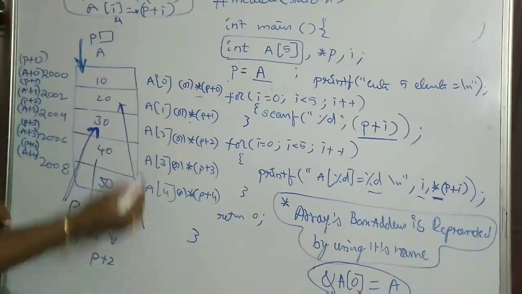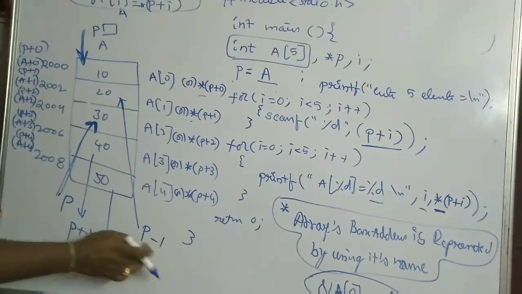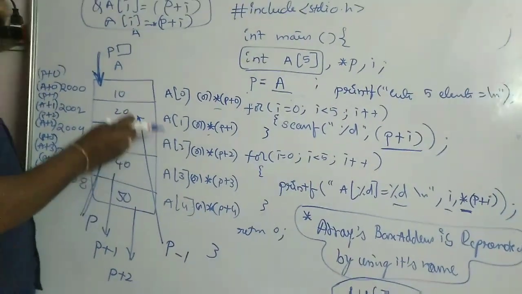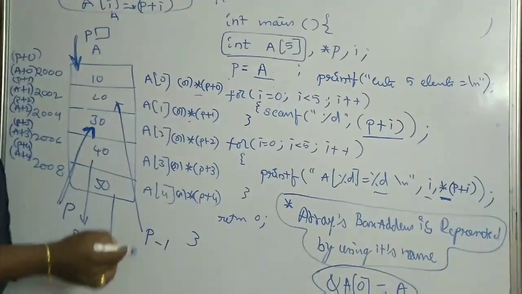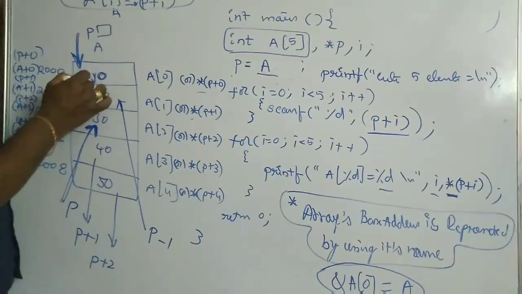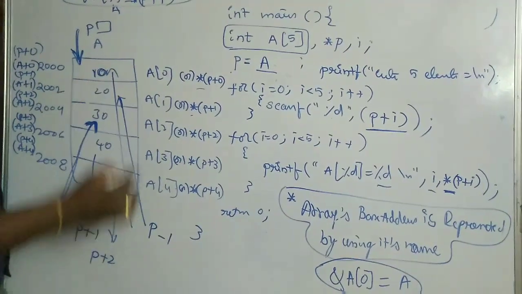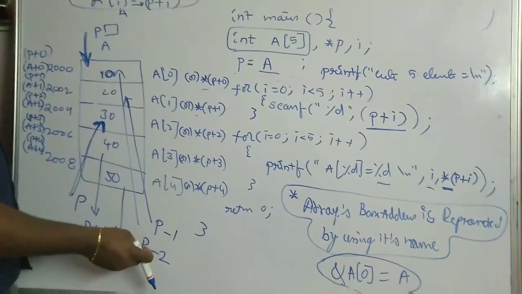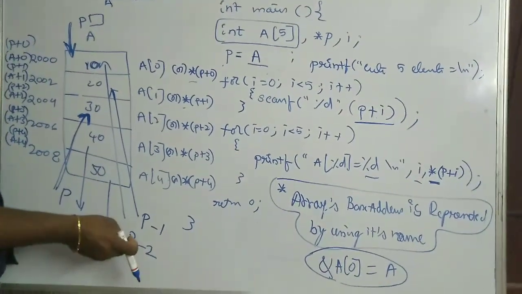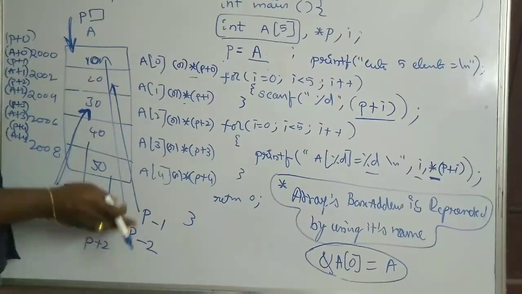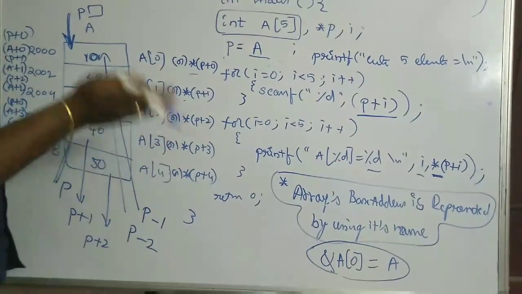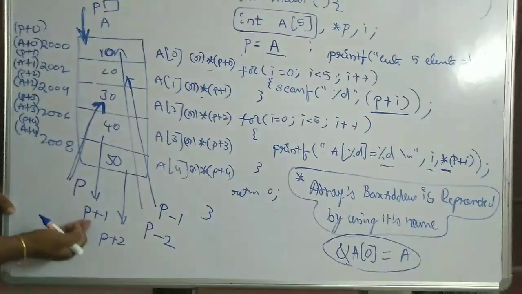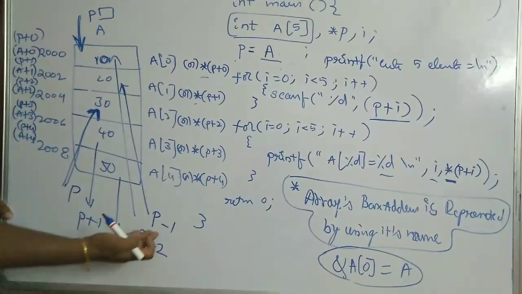That means P minus 1. P minus 1 means, P is at this point 30, minus 1 means the previous element, that is 20. So if I want to access this 10, I can write it as P minus 2. Remember, friends, you are moving backward, that means from the current position of P in the backward direction. So minus 2 means before two elements, so that is the value 10. So you can add plus 1, plus 2, or you can decrement minus 1, minus 2.